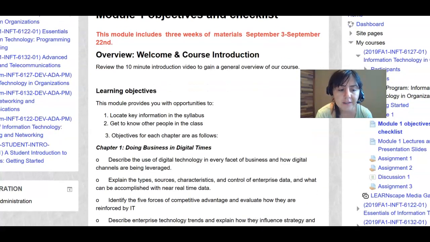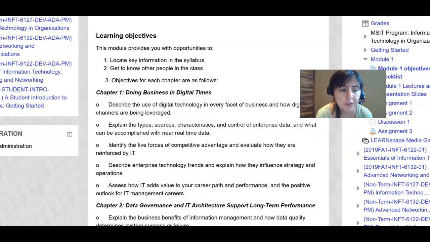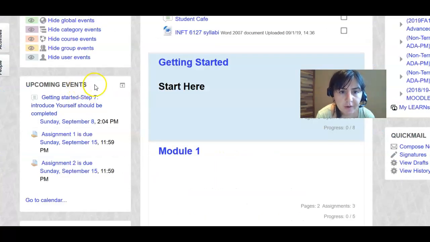So how do we do that? Let me just show you here. Okay, for the upcoming events, it's here. You can see what's due. So this is something that I want you guys to review each week to make sure what the due dates are. So you see it's going to show, of course, the first couple of weeks, and so you can actually go to the calendar here,